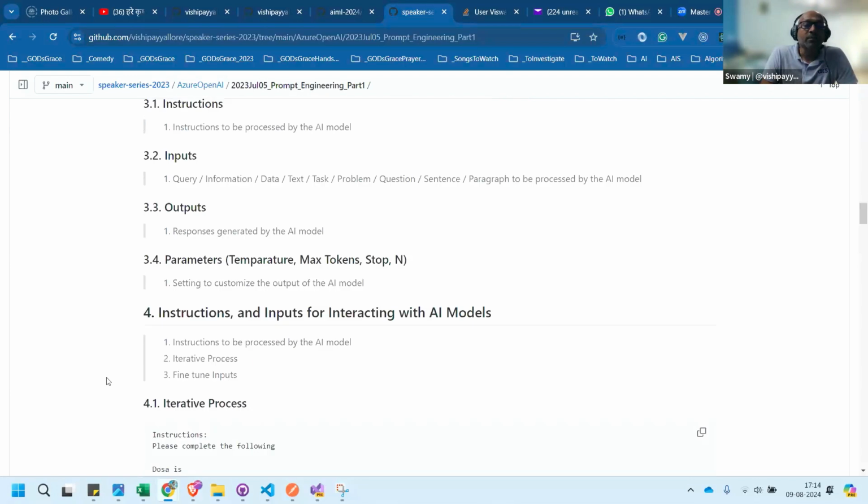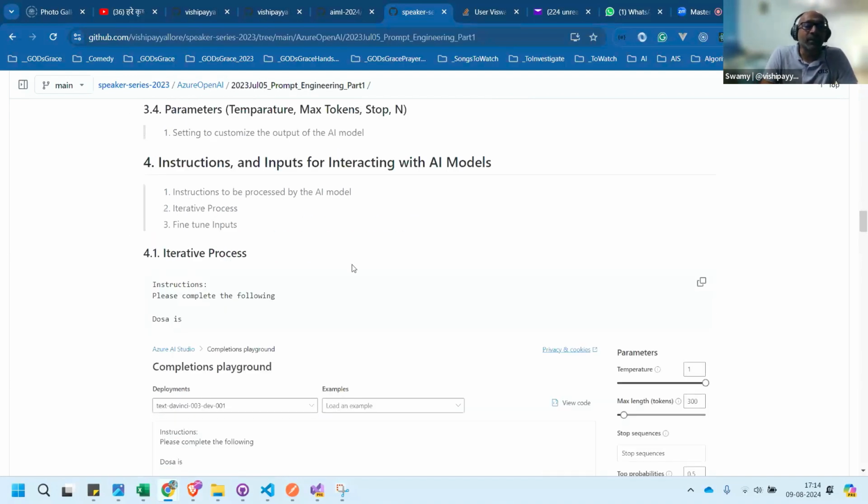And also the parameters: temperature, max token, stop, and a few other things. We'll play with this. So first of all, we'll start doing some of these prompts.